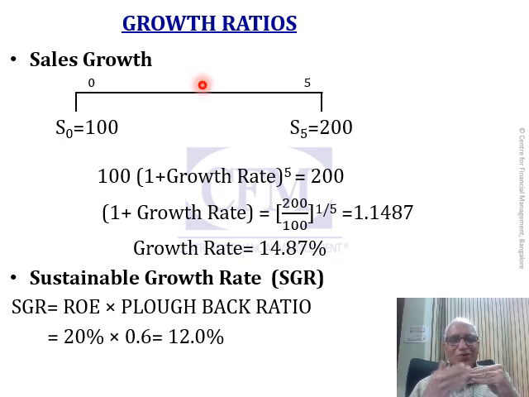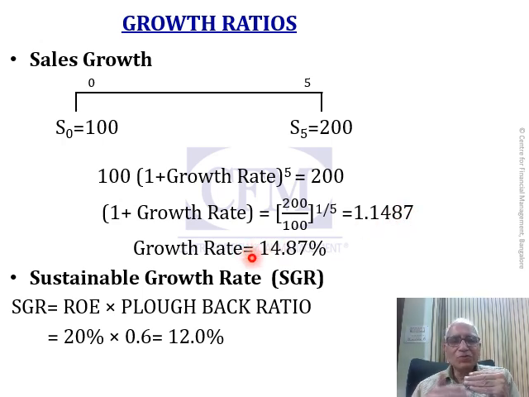Growth ratios, the two important growth ratios are sales growth and sustainable growth rate. Sales growth is defined as the compound annual growth rate in sales over a period of time. If the sales of a firm in year 0 are 100 million and the sales of the firm in year 5 are 200 million, we can calculate the sales growth by setting up a simple equation like this: 100 multiplied by 1 plus growth rate raised to the power of 5 is equal to 200. So 1 plus growth rate is 200 divided by 100 raised to the power 1 by 5, which is 1.1487. So the growth rate is 0.1487. In percentage terms, it is